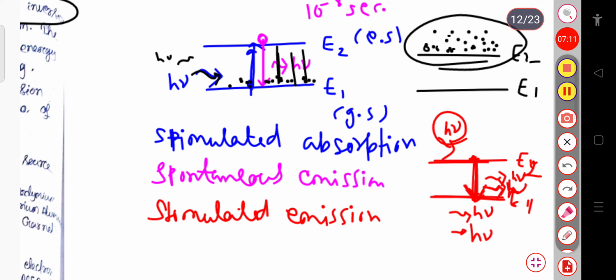So basically, we can say that for laser action we need population inversion, that is, the higher state must contain a greater number of atoms as compared to the ground state or lower state. To achieve population inversion, we need to raise the particles from the lowest state to the highest state, so we use the pumping process. It may be optical pumping, electrical discharge pumping, chemical pumping, or gas dynamic pumping.